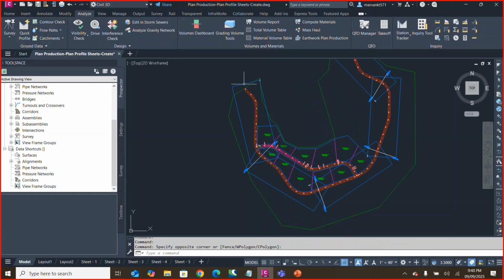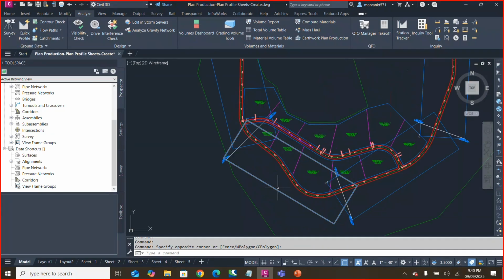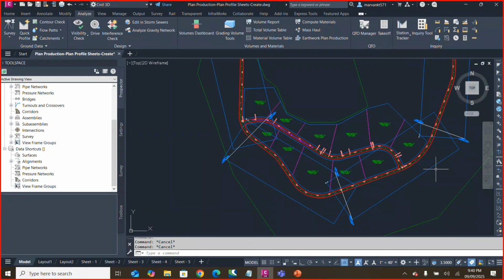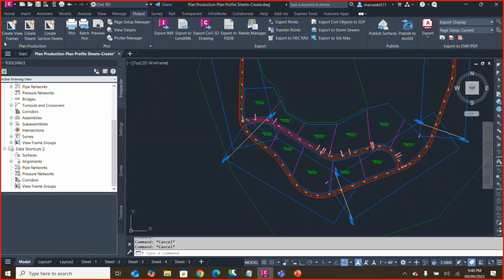That means I divided here up to here, one I have to place in one sheet, and from this, which is coming inside, that we need to place in another sheet, and this in another sheet, like this. So this is called the plan production. So once you've done this, normally we do that from the output, and you can see here you can create